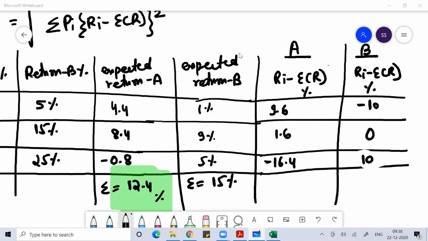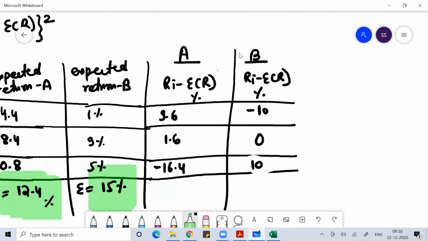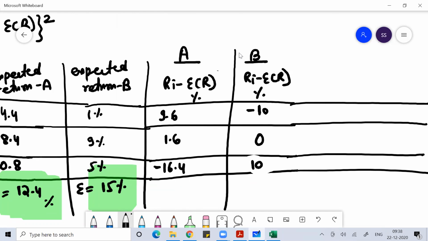So 5 minus 15, 5. 5 minus 15 minus 10. 15 minus 15, 0. 25 minus 15, 10. So you got this. Then after that,